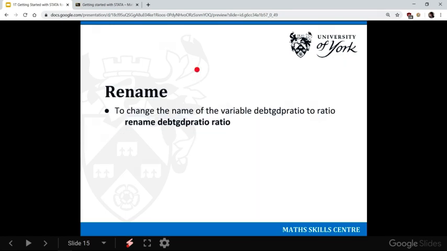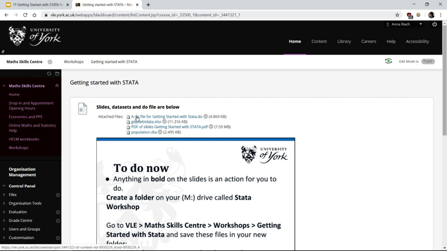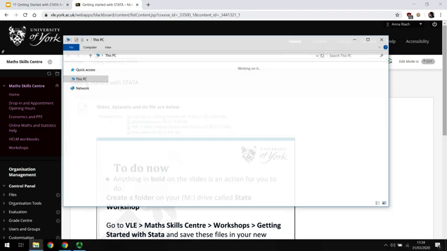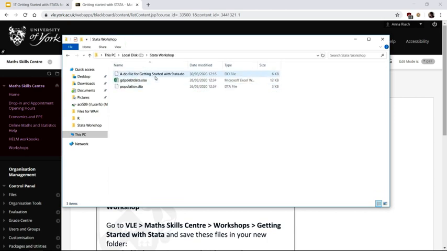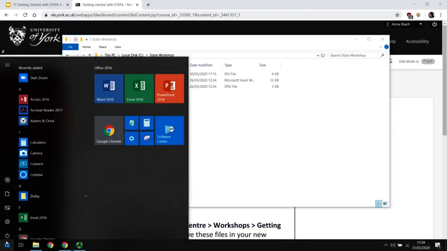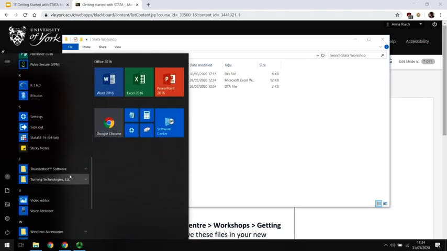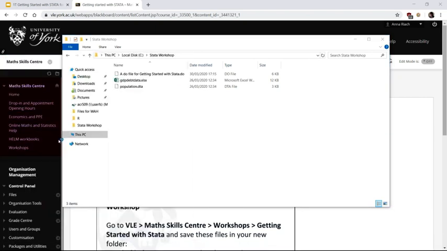If you've watched the video previous to this, you'll understand that we downloaded some files from the VLE. So this is the VLE, and you can see we've got a do file here, a dataset, and another dataset here. And what we did is we saved them into our C drive under a folder called STATA Workshop. That meant that when we went to open up STATA, so I'm going to scroll down to S, open up STATA,